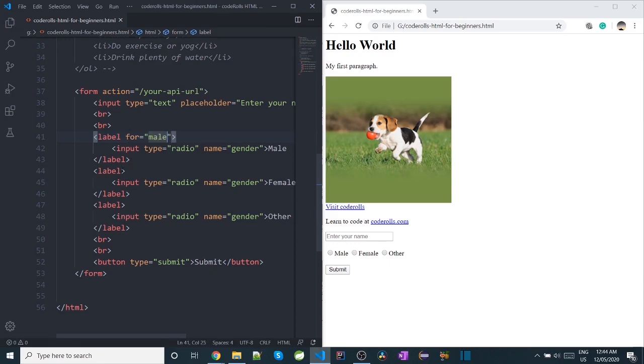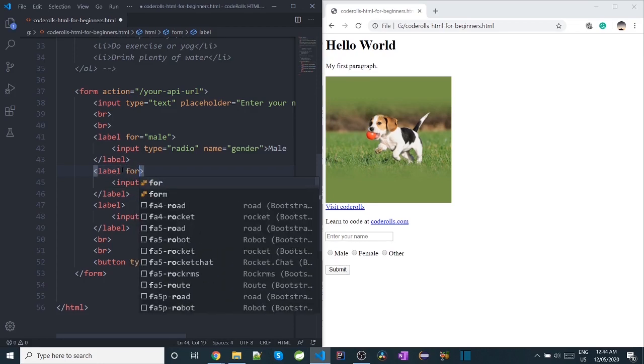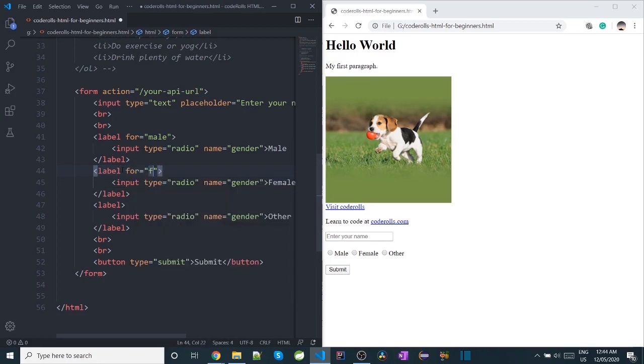Again I will add a for attribute for second label, give it a value for female, and similarly for third. Save it and refresh. Of course you will not see any change.